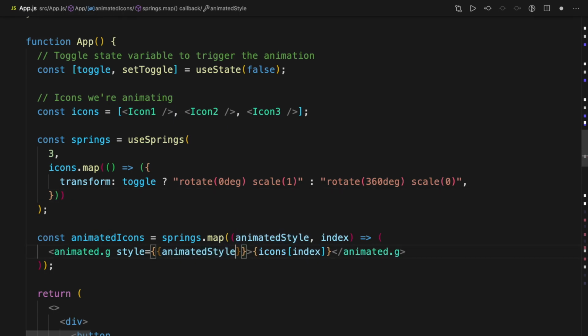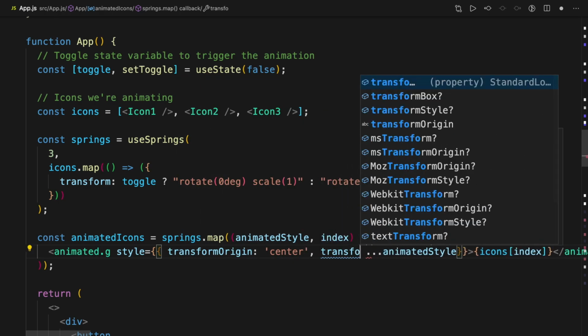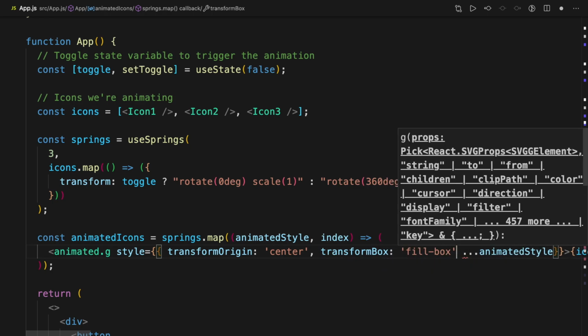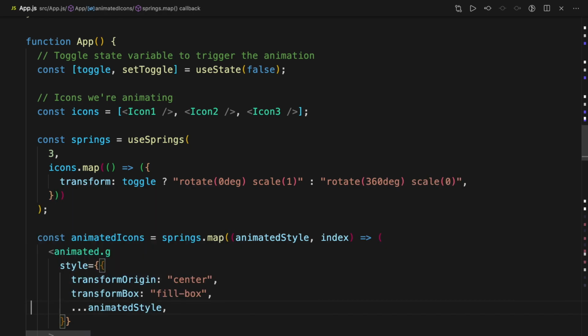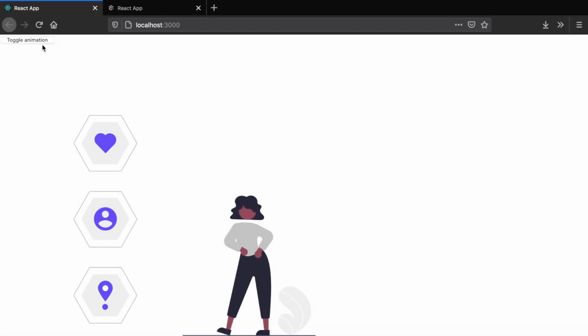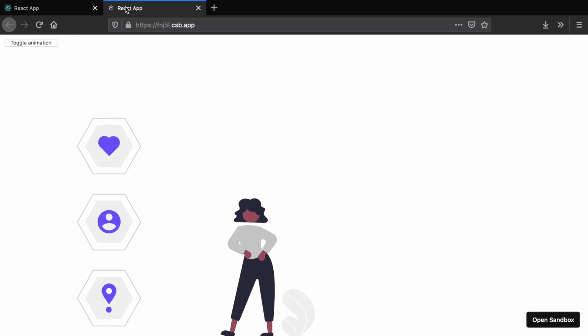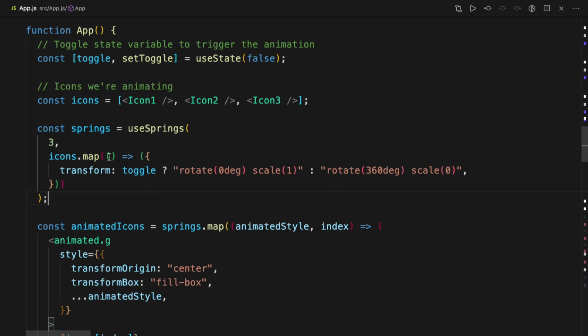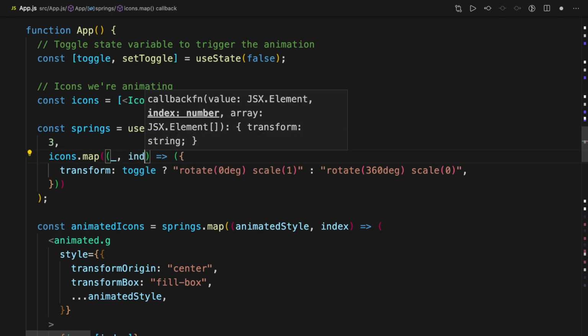In addition to applying the animated style to the animated.g element, let's also apply transform origin center and transform box fillbox. Hit save and let's see how we stand. So the icons are now rotating and scaling properly. Nonetheless, the original animation feels a little bit more playful, as the icons are not animating all at once and they are bouncy. To add the staggered effect so that the icons are not animating all at once, let's leverage